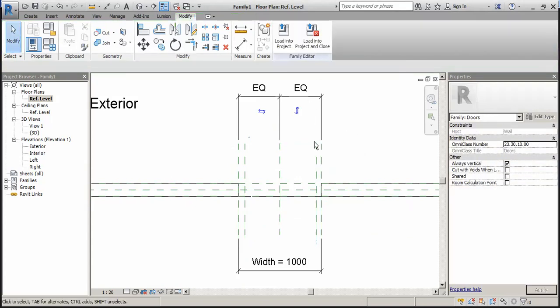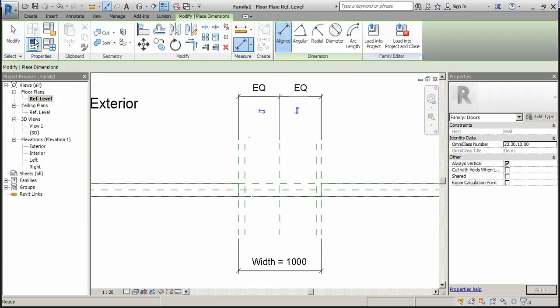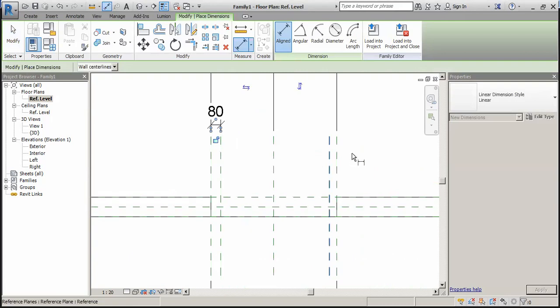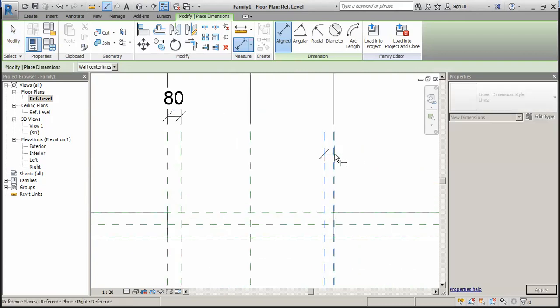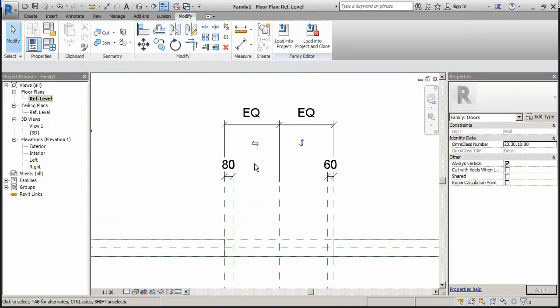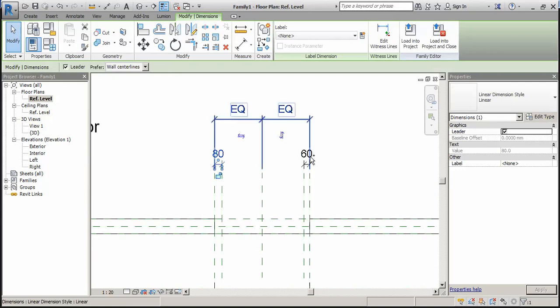We will annotate this reference plane, annotate, and take the aligned and take this dimension, this side also and this side also. Now select this and this dimension both and level this.